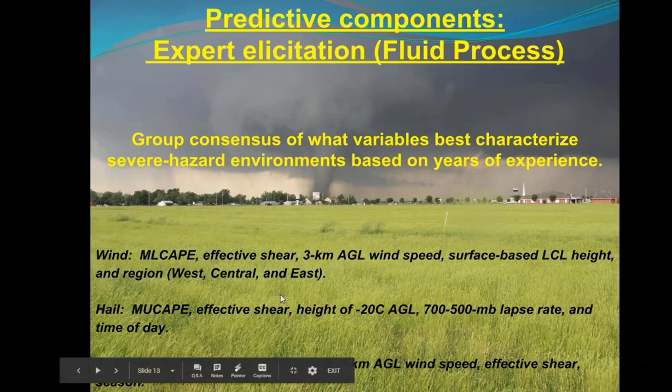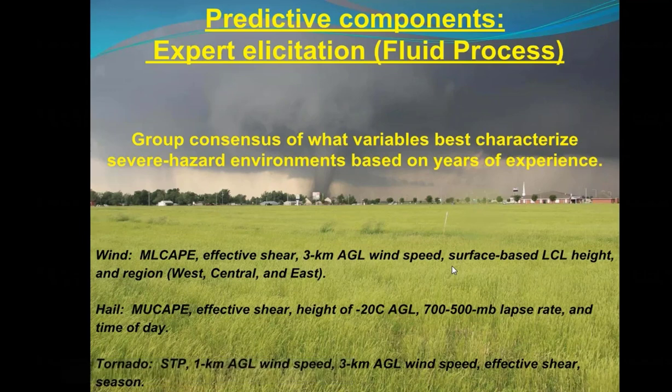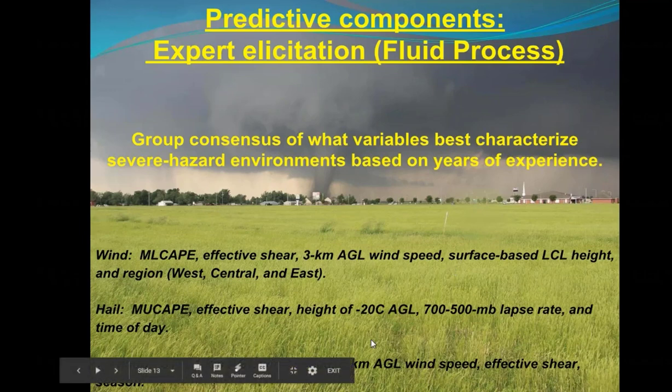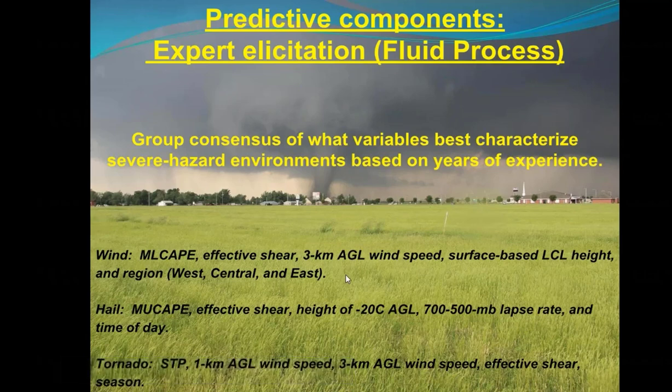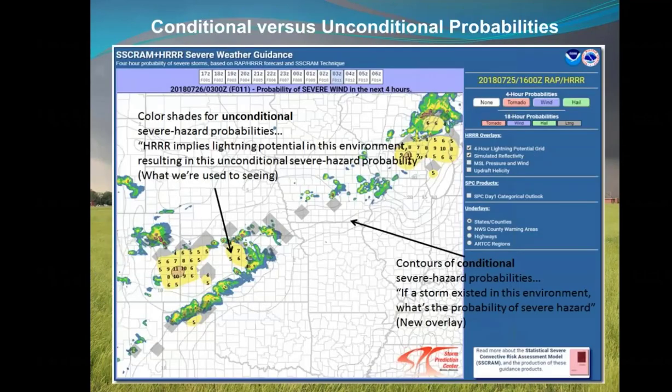So for severe wind, we use this mishmash of various parameters over here, kinematic and thermodynamic parameters, hail, and tornado, to come up with the percent of time, given binned regimes of each of these parameters, that we get wind, hail, and tornadoes. Now, this is based on a lot of combined expertise, severe storms analysis, to come up with plan view depictions of both the conditional and unconditional probabilities for severe wind, hail, and tornadoes. And this is now on an online, real-time, dynamically updating website interface that forecasters across the Weather Service can look at. I've shared this with all the central region offices, and we'll be talking about this as time permits